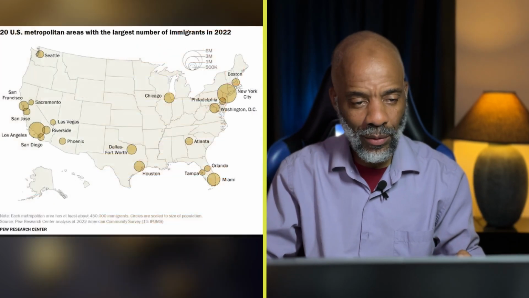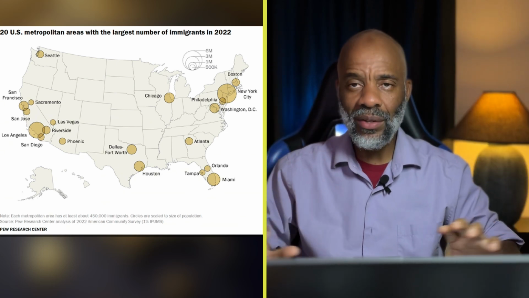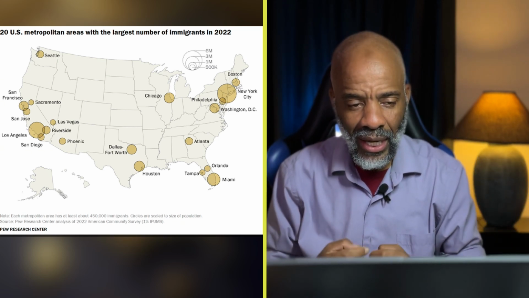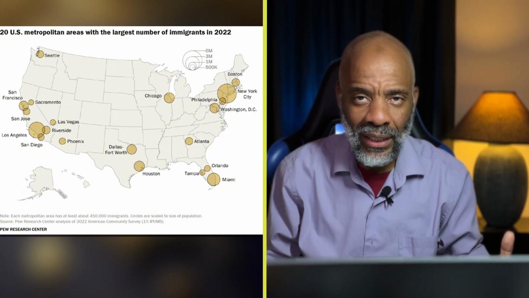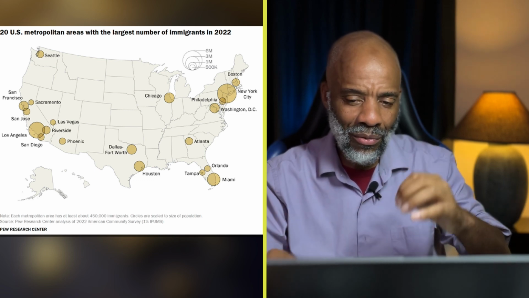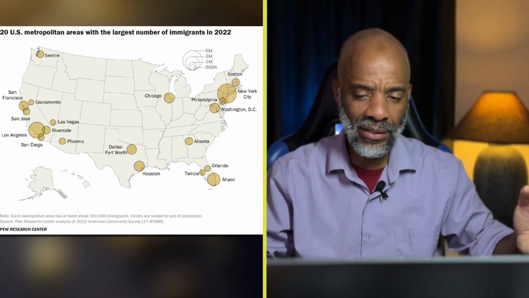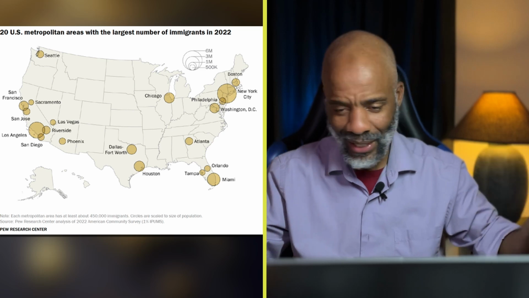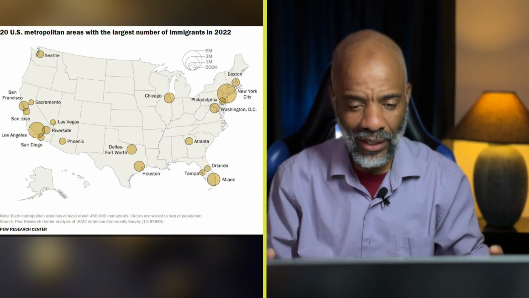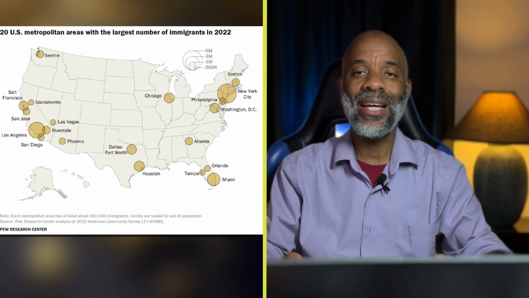Okay, so that's another one. And again, we're talking about all immigrants, right? Whether they are unauthorized or authorized, illegal or legal, right? And as you can see there, unsurprisingly perhaps, the majority of immigrant populations are in the metropolitan or major cities in the United States, right? Boston, Philadelphia, Miami, Atlanta, New York, Chicago, as you can see there. The major cities in the United States of America, on both the East and the West Coast. This is where the majority of these immigrants go and reside, right?